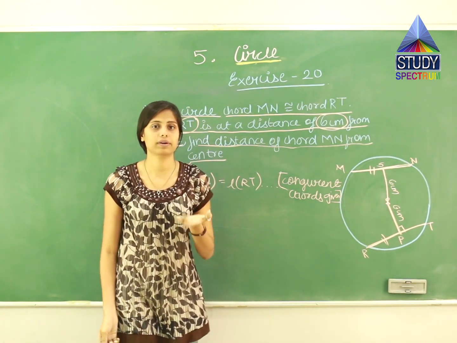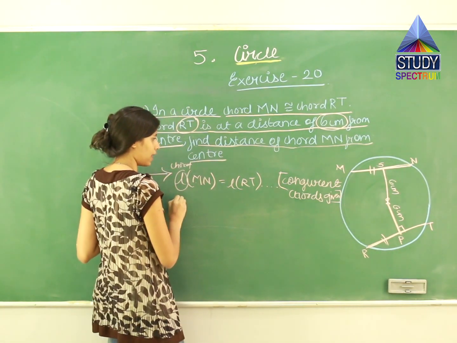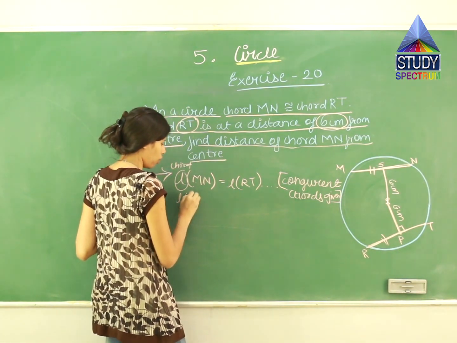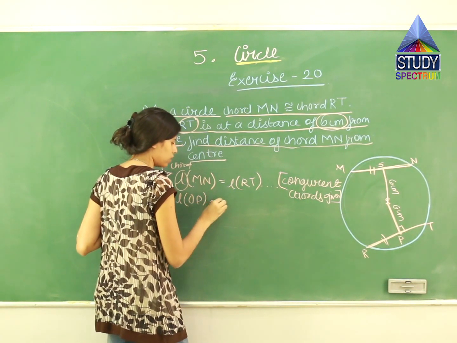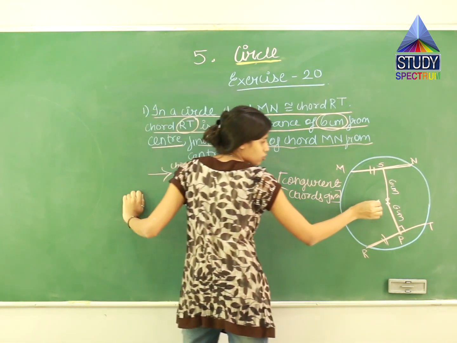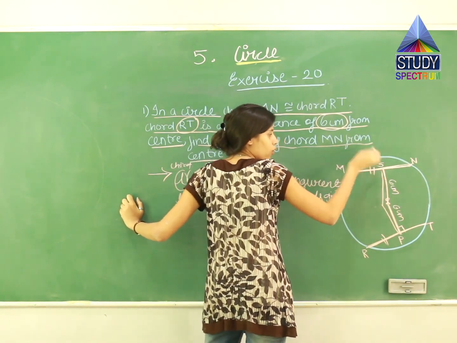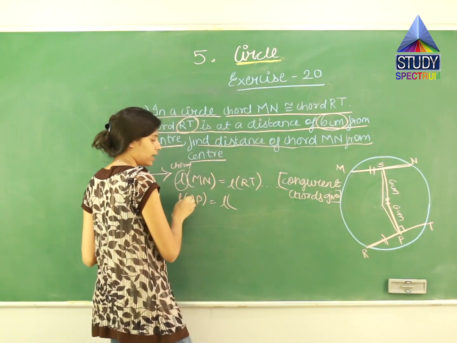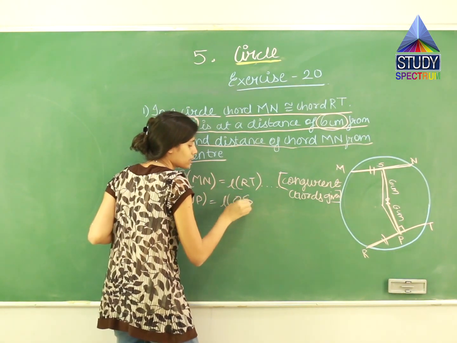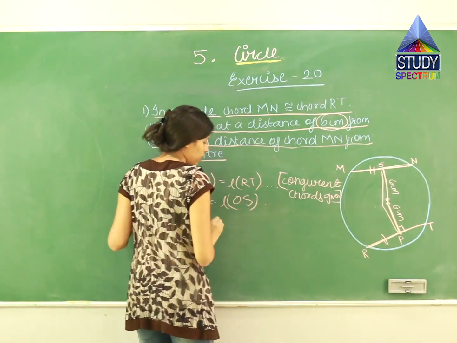Now what you have to write? You have to write length of OP is equal to length of, see this is OP, length of OS. So that only you have to write, length of OP is equal to length of OS. And you have to write the reason as